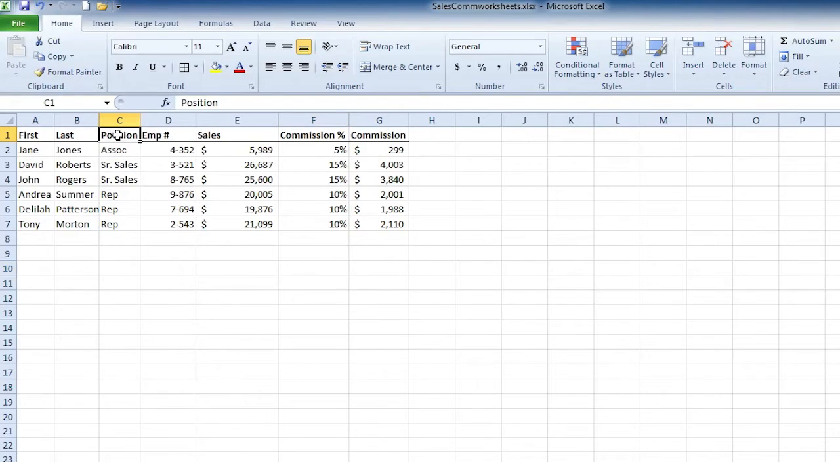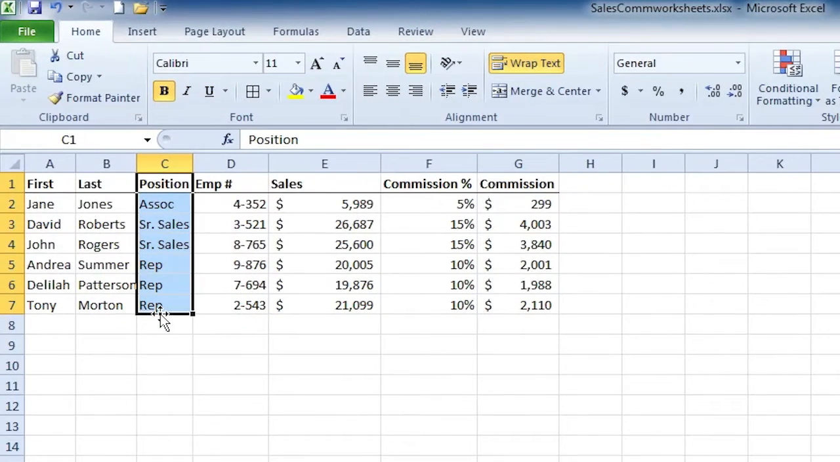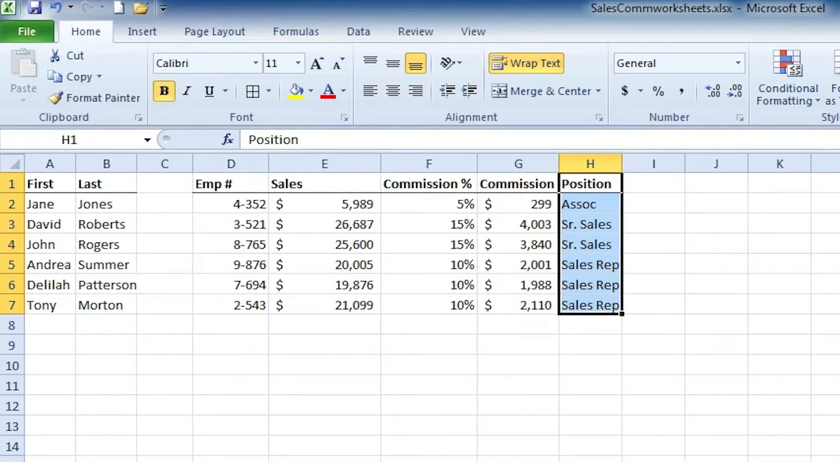Let's say I decide I want the position information in a different place on the spreadsheet. So I've highlighted it, and notice when I put my mouse over the border of the highlight, instead of the plus shape, I now have a crosshair with a white arrow on it. This is my drag and drop. So if I click and hold and drag over, I can place it somewhere else in the spreadsheet. And maybe I want to put it after the commission column. So I can put it there and let go, and notice it's no longer in column C, it is now